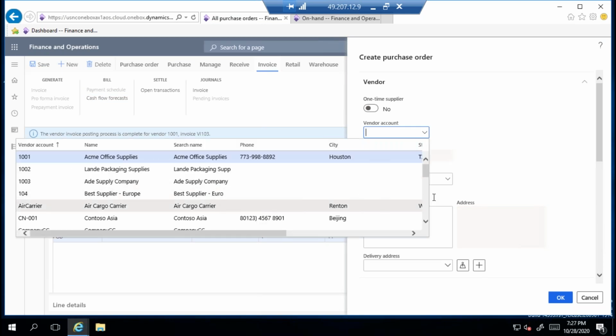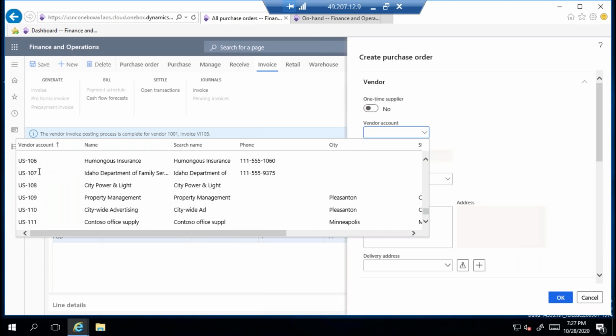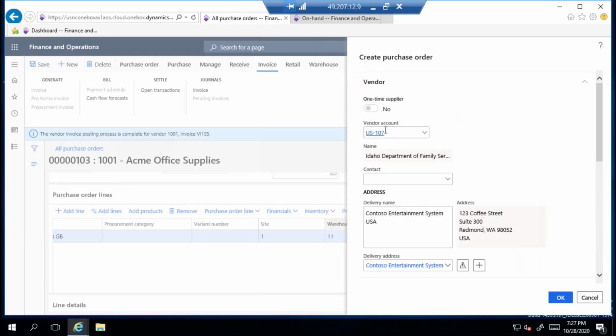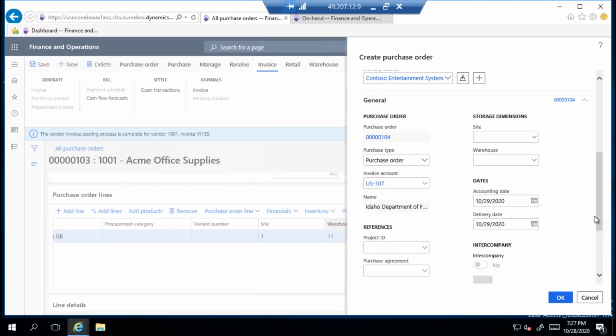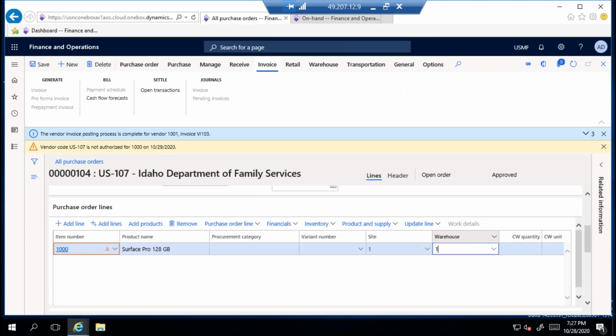Suppose I'm selecting some other vendor, like 1007, a different organization. I'm purchasing from this vendor. You can enter site and warehouse here, or in the line details. Site and warehouse is a must. So I'm selecting item 1000, site and warehouse. Okay, suppose 25.